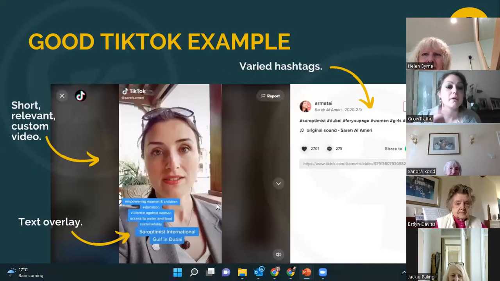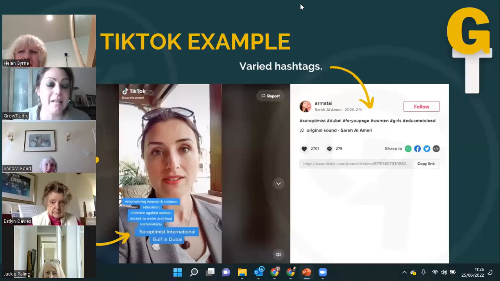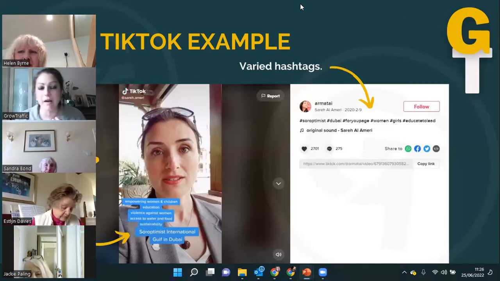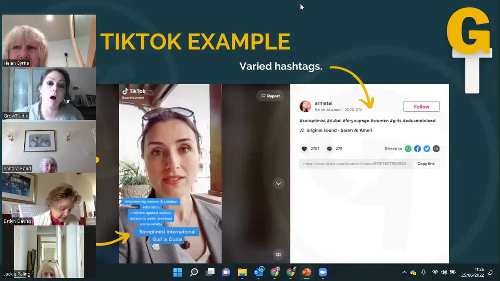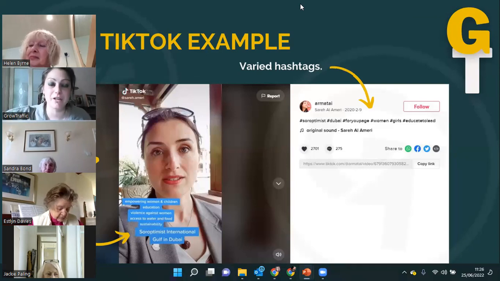There we go. So yeah, as I say, it doesn't have to be dancing. You can absolutely pick up on a dance and do a silly dance. That's absolutely fine. But also, you can just film some short videos. So if you are filming it yourself, if you're doing the social media, you could do a very quick video. You know, here we are, we're doing this program action today, or we're in Asda, we're collecting for such and such thing. Or you could do a little compilation video where you ask members to say, or you can hold the camera and film people.